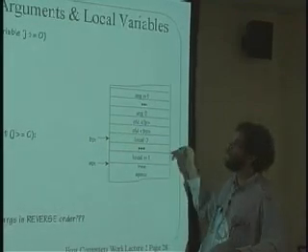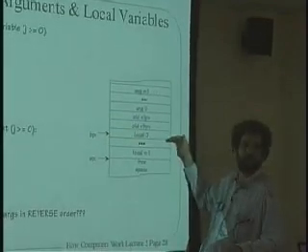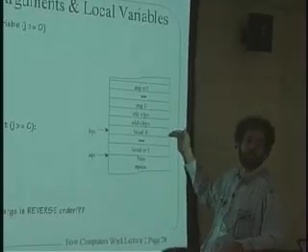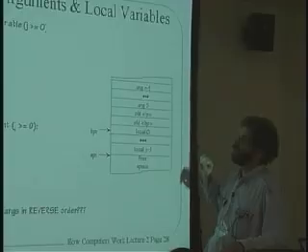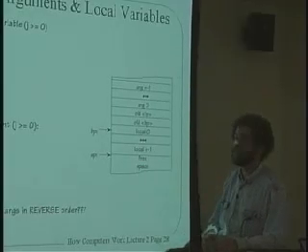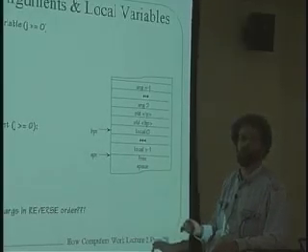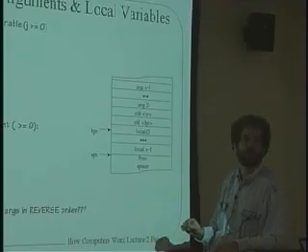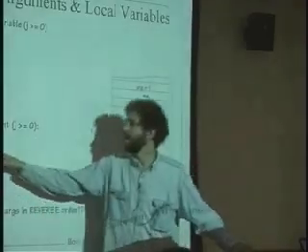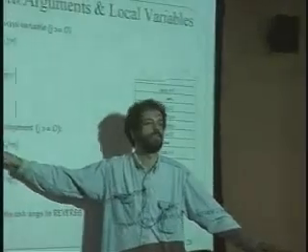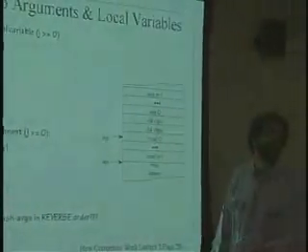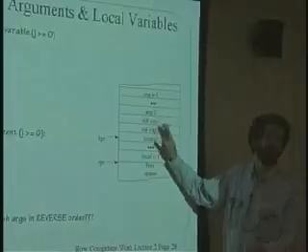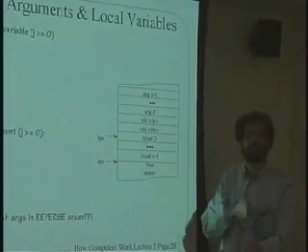One is you're beginning to see the use of this base of frame pointer because it points to a fixed place in this stack frame to access the args and the locals. Second, you're beginning to see the cleverness in having a load and store that can do a little bit of work for us in terms of adding a constant to a register before figuring out where it wants to do the load and the store from. And so this is a really neat way to get things from the stack,